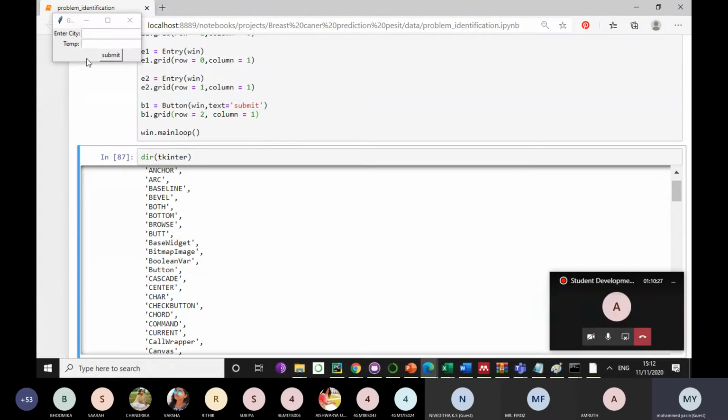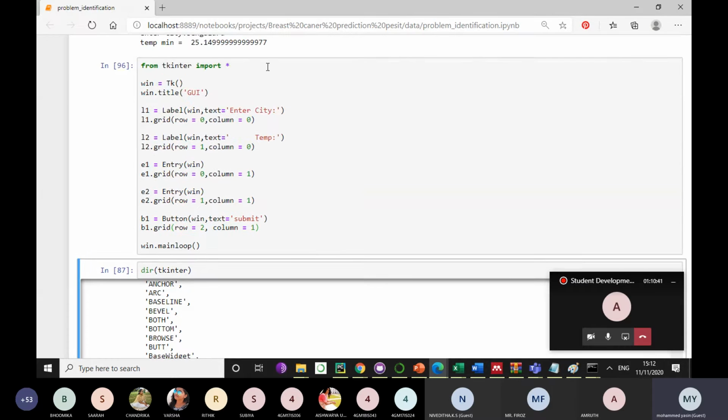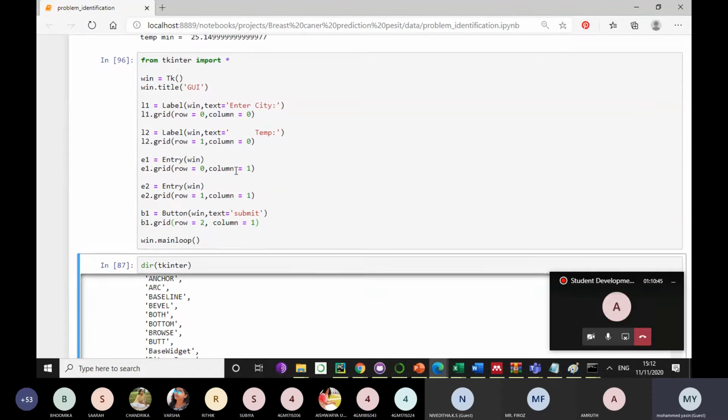Okay, so now my design is ready. This is only the front UI. I have created only the UI. Right now nothing is happening. I can just type something, but there is no functionality for this button. Just a simple UI I have created for right now. Please try this and see whether you are getting the same UI or not.